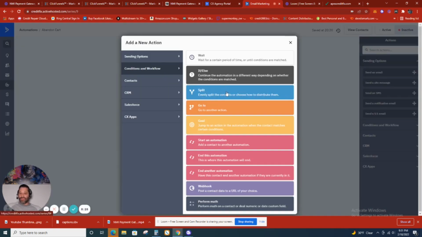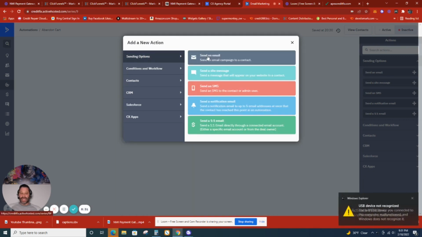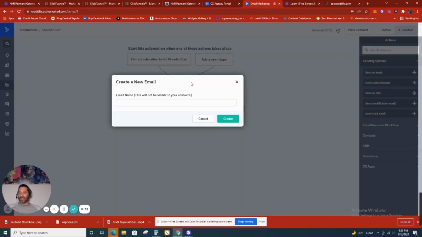The other thing I can do is a conditional workflow. I can simply choose sending options. I can send an email. So let's say I wanted to create an email template. I would name it. I would say,